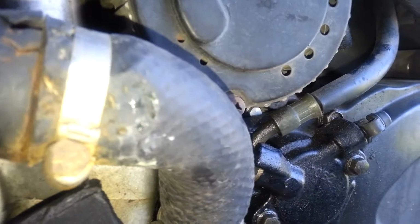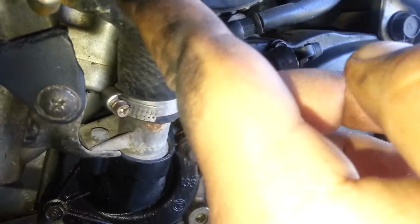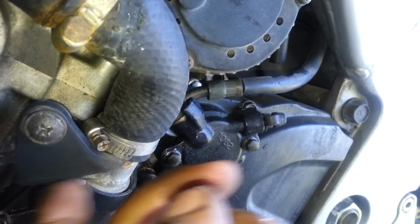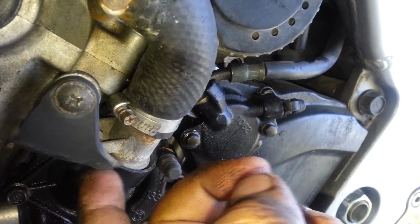And good time to check your hoses. As you can see right here, it leaks just a little bit. Can't really tell, but it's there. It's green. And really, I have no clue what this is. I don't know what that goes to, and that's not to my fairing, I don't think. I don't know. At least not that I know of. But anyways,